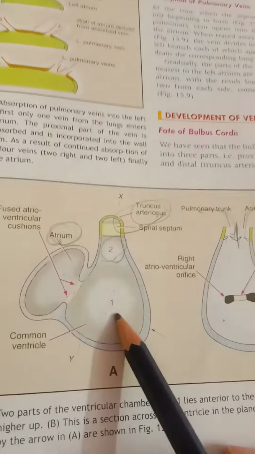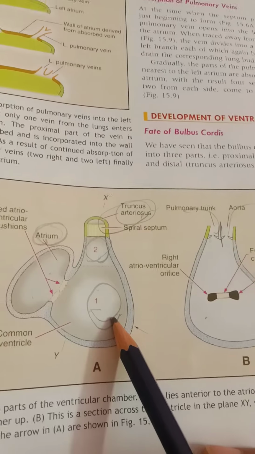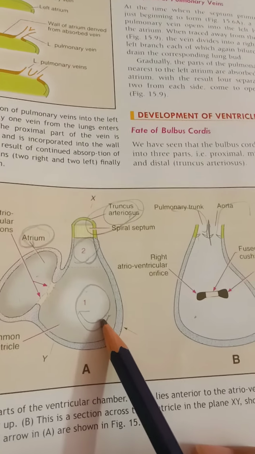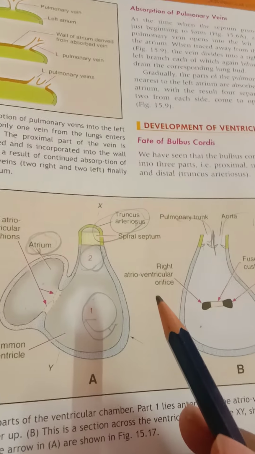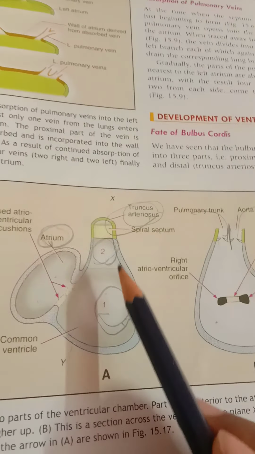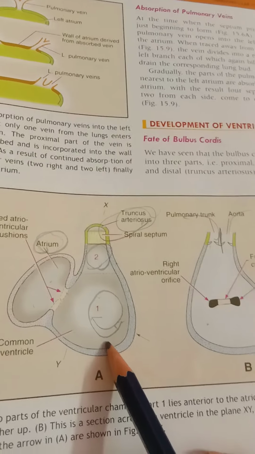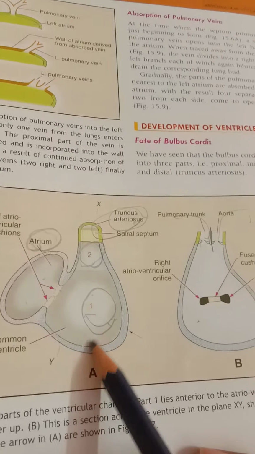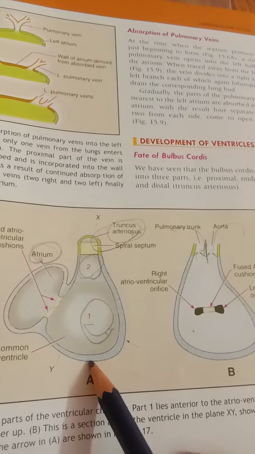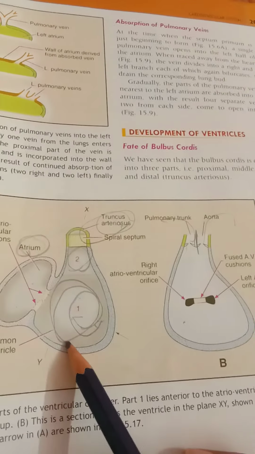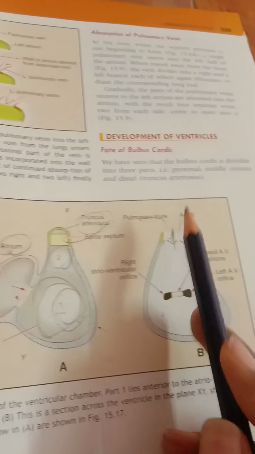And part 1 is mainly from the proximal 1/3 of the bulbus cordis and also from the primitive ventricle. This is very important because we know the primitive ventricle gives rise to the left ventricle, right? And the proximal 1/3 of the bulbus cordis gives rise to the right ventricle. So part 2 is mainly derived from the conus. Part 1 is from the proximal 1/3 of bulbus cordis and also the primitive ventricle, meaning they are going to form our right and left ventricles, because the proximal 1/3 of bulbus cordis forms the right ventricle and the primitive ventricle forms the left ventricle. So this part 1 is going to form the ventricles, and this part 2 is from the conus. We know the conus gives the outflow tracts, that is our aorta and pulmonary trunk.